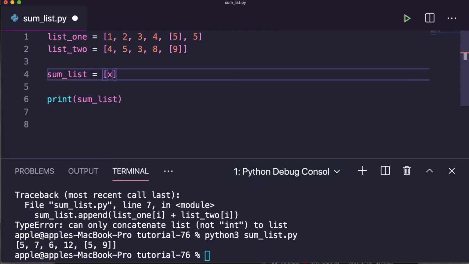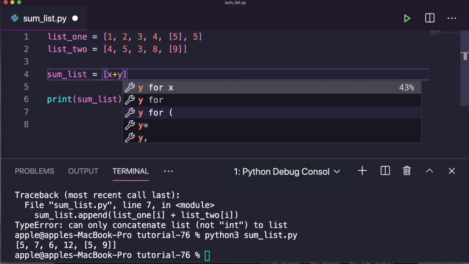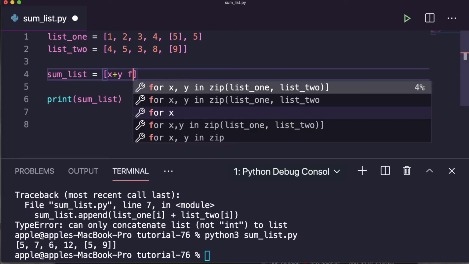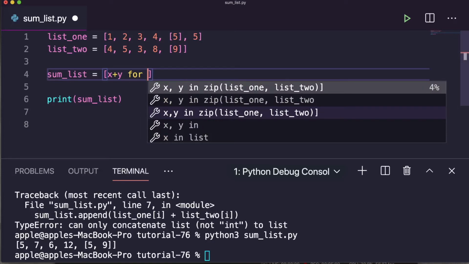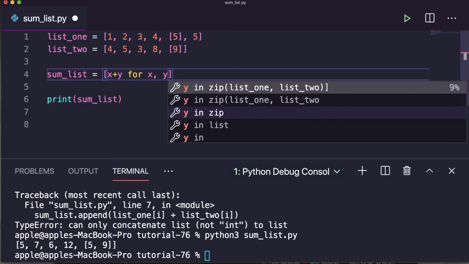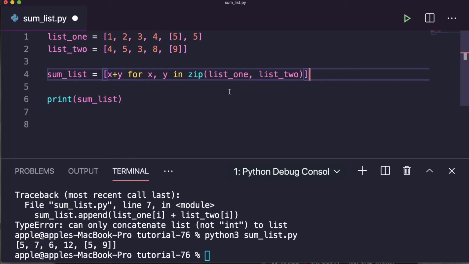Simply we can write x plus y for x, y in zip of list 1 and list 2. Here it is, you can run this one.